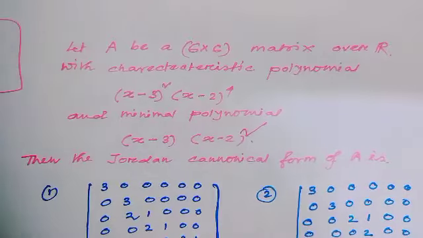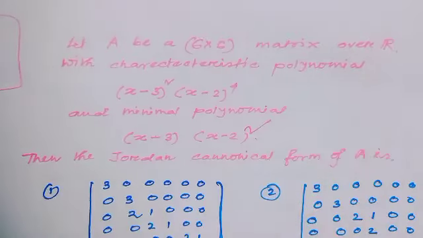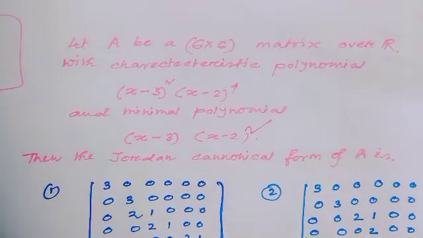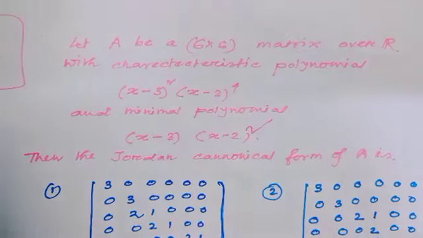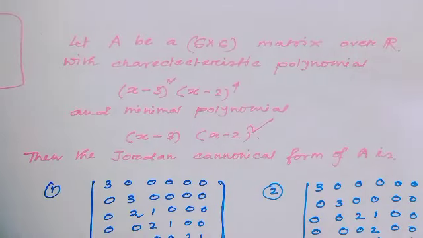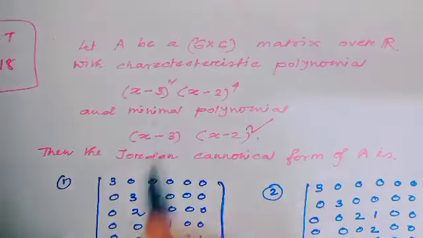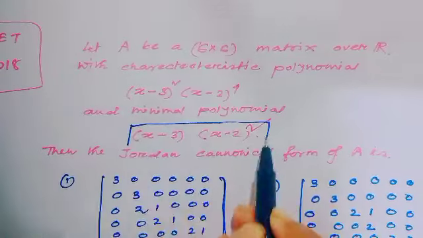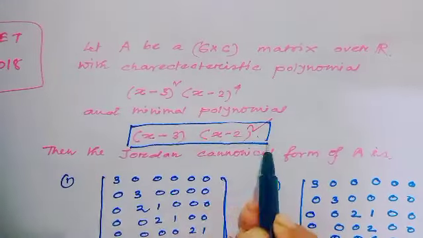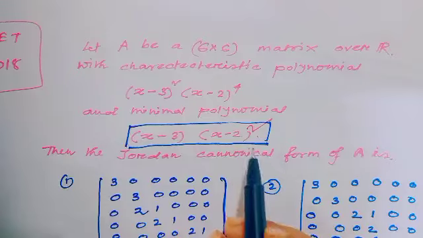Then what is the Jordan canonical form of the matrix A? Notice, here A is a 6 cross 6 matrix over the field R. Since here the minimal polynomial is x minus 3 times x minus 2 whole square,